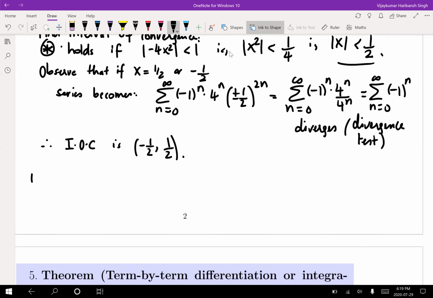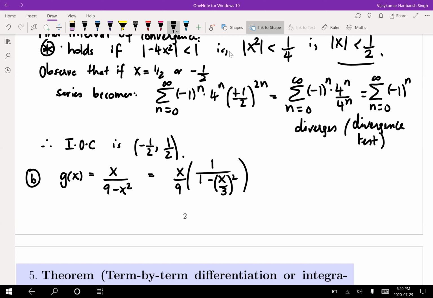B, we have g of x equals x upon 9 minus x squared. Now this can be written as x upon 9, I can take 9 out as well, what I have is 1 upon 1 minus (x/3) the whole square. This is going to be x over 9 summation n equals 0 to infinity x squared